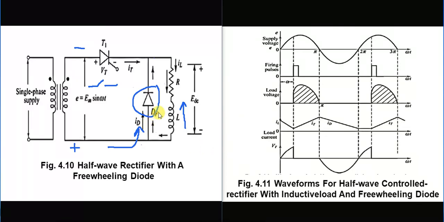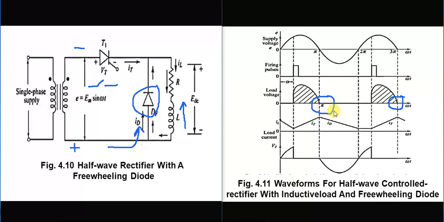So this freewheeling diode will try to isolate this rectifier. It will take away the reverse load current away from the rectifier, and hence we will not obtain any half waving during the negative half cycle. And hence if there is no negative voltage during the negative half cycle, we can say that the efficiency of the rectifier has been improved by using this freewheeling diode.